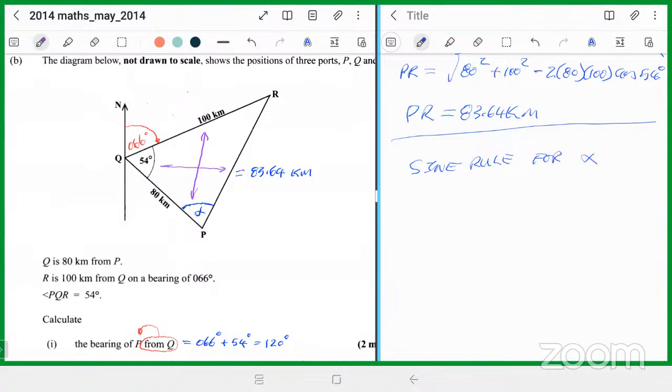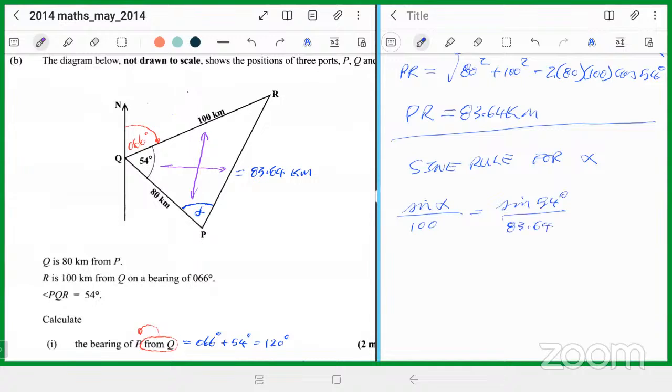Start with what you want. Sine of alpha over the side opposite alpha, which is 100, equals sine of the angle that you know, which is 54 degrees, over the side opposite the 54 degrees, which is